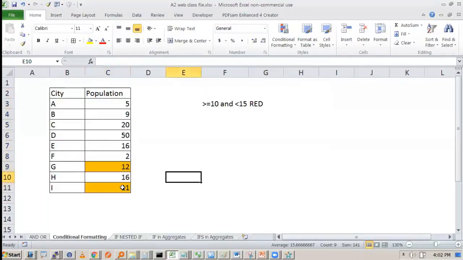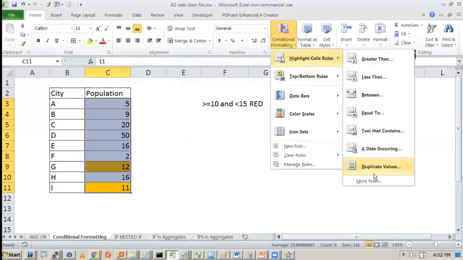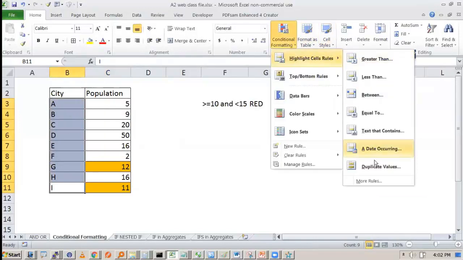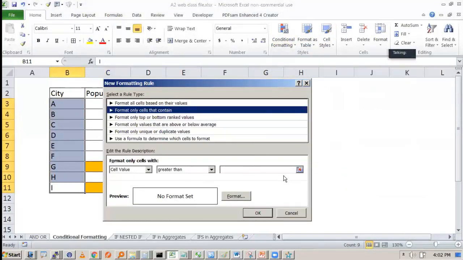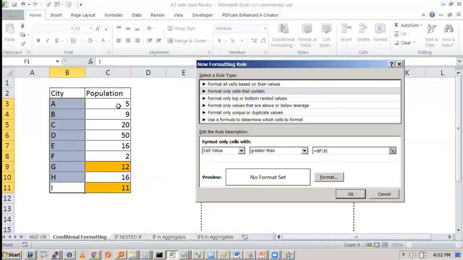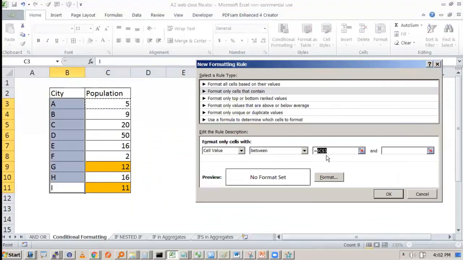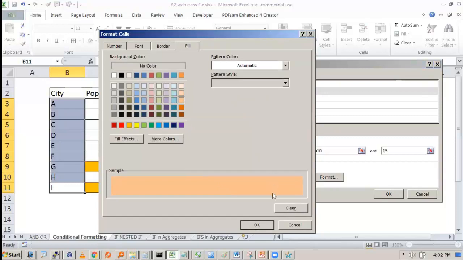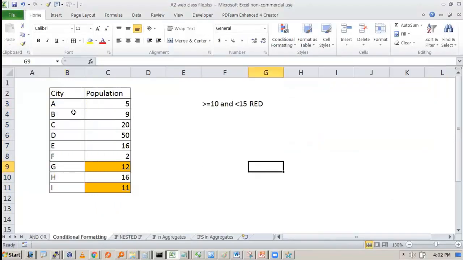When you select the population cells and put the conditional formatting, it will work. When you select the city cells and put the automatic conditional formatting with between 10 and 15, it will not work, because these are not numeric values.